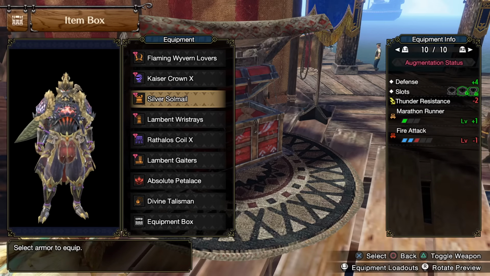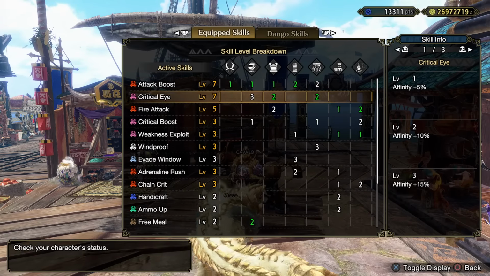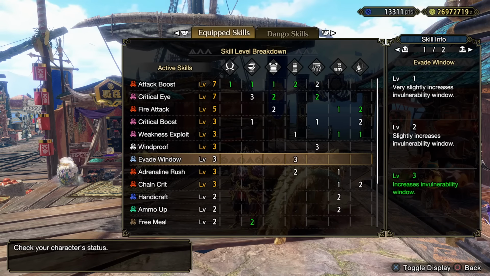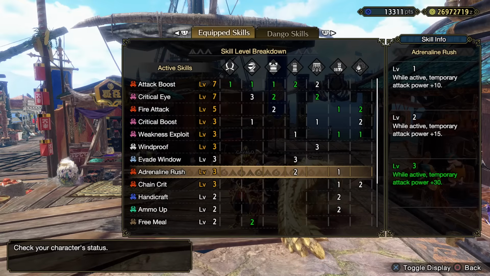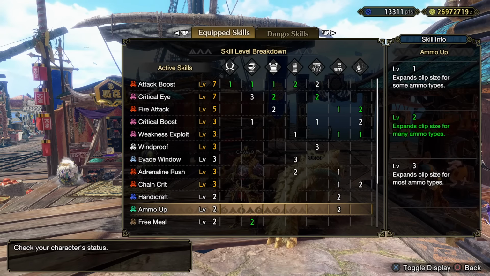I've spent hundreds of the anomaly investigation materials, and I've had to restart the game to save scum a whole bunch, and I don't think I have enough willpower to change the augmentations that I have on this chest piece right here. So as you can see, all in all, I end up with attack boost 7, critical eye 7, fire attack boost 5, critical boost 3, weakness exploit 3, windproof 3, which is a bit more of a bonus, evade window 3, which just comes from the armor pieces, adrenaline rush 3, same thing, chain crit level 3, which is because of that augment and the talisman, handicraft level 2, and ammo up level 2 because of the Illusionaria